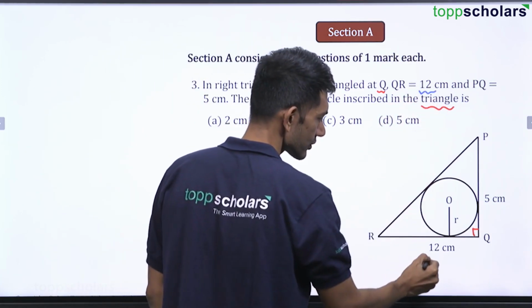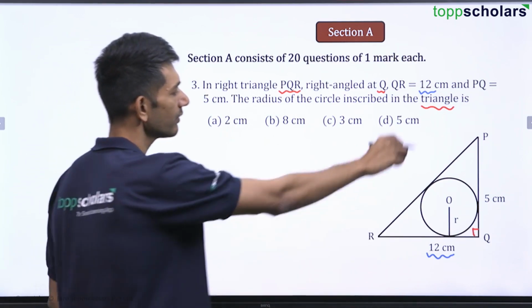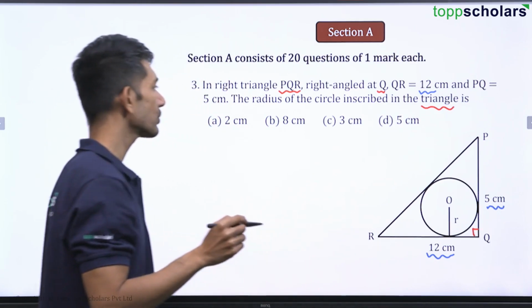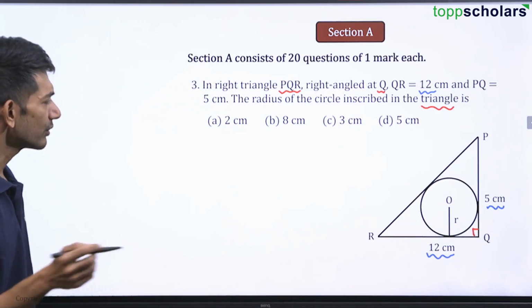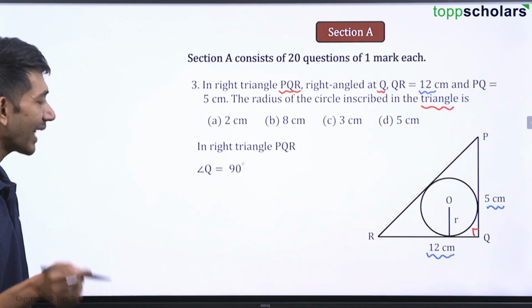QR is how much? QR is 12 centimeter over here and PQ is given. PQ is 5. Okay, so this is 5, this is 12, and we are supposed to find out the radius of the inscribed circle. To find out the radius, firstly let us focus on the right angle triangle where angle Q is 90